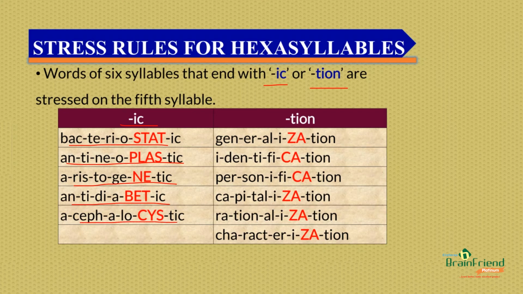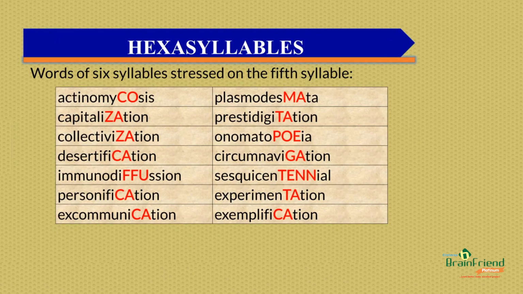For words that end with TION, we have generalization, identification, personification, capitalization, rationalization, and lastly, characterization. Some other words of 6 syllables stressed on the 5th syllable are